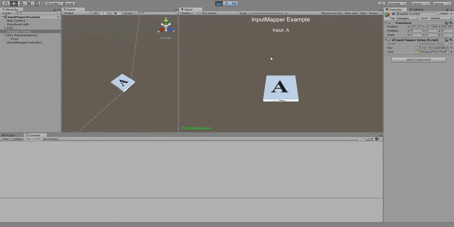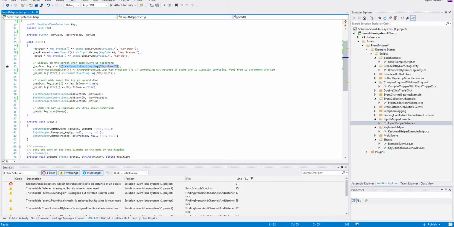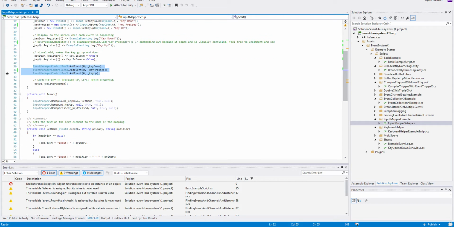So when I run it, key down, key up, that's these messages here. And you notice I commented this one out. And then I add these events to the manager. Now the remapping is on that key up. So here I've put this function Remap and I've registered it to the key up event. So when that key goes up, it'll trigger the remapping. And this is all it is: